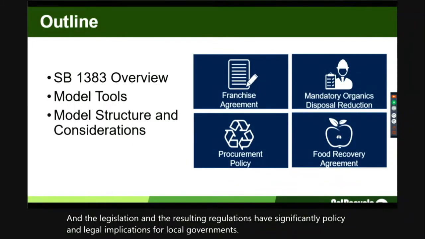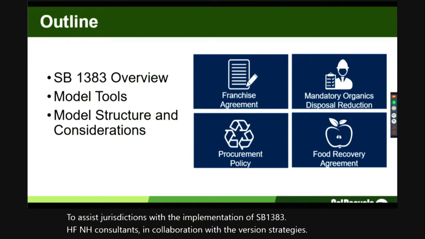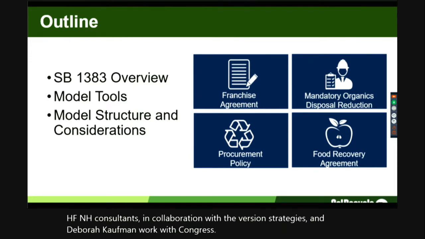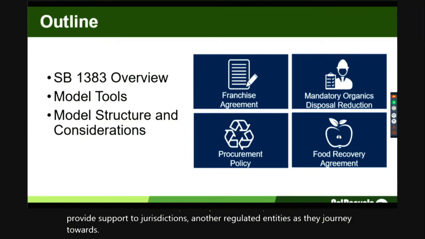To assist jurisdictions with the implementation of SB 1383, HF&H consultants in collaboration with Diversion Strategies and Deborah Kaufman worked with CalRecycle to develop 4 model tools to provide support to jurisdictions and other regulated entities as they journey towards achieving SB 1383 compliance.